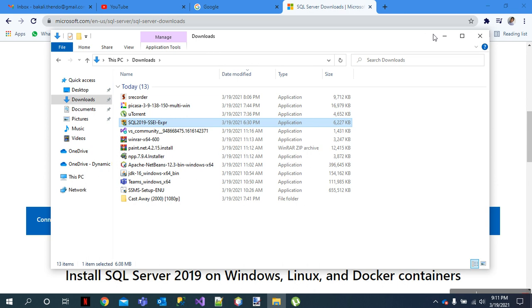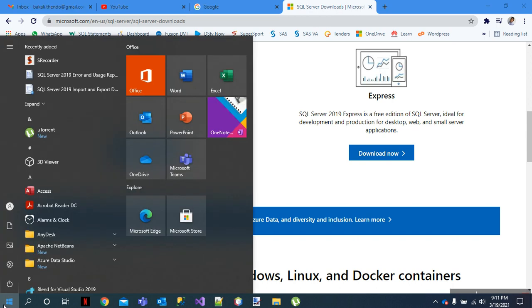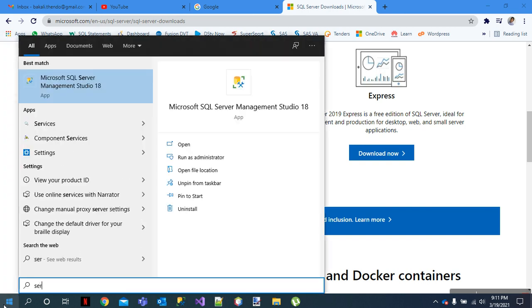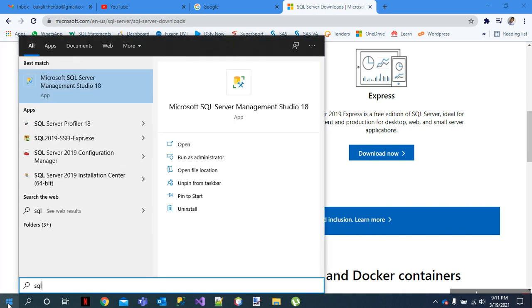Now from there, once you have already installed it, you need to go and check. Once you install it, you don't need to restart the machine. Things are supposed to just be fine. You can now go look for what we call server services, right? You can either find this under services, so you can type for services, or you can also look for the SQL server by just typing SQL and you look for configuration manager, right?